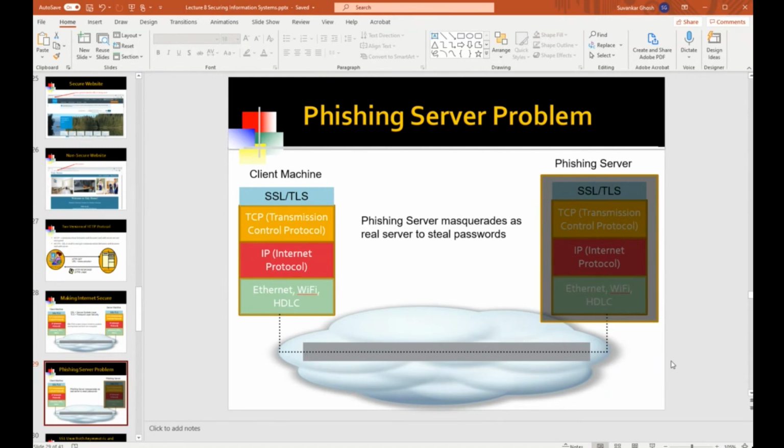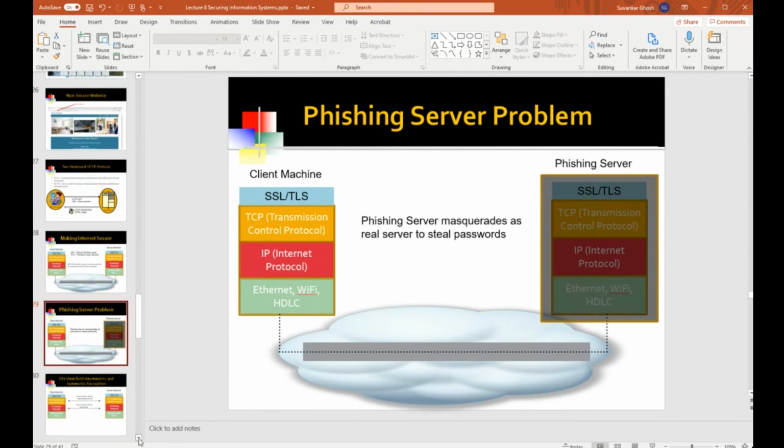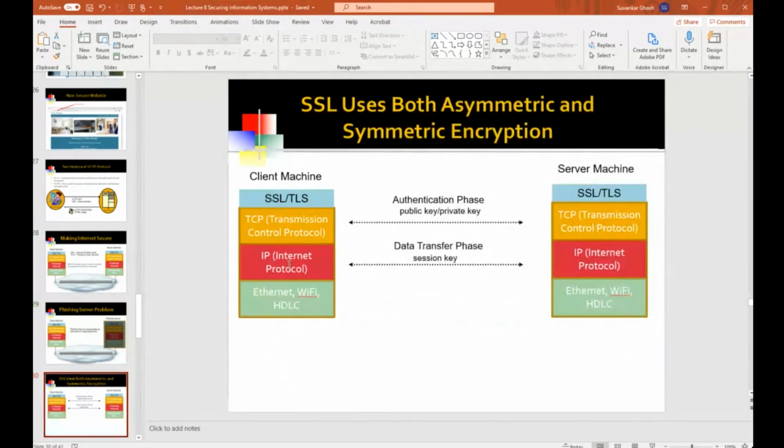Once the client has authenticated the server, then they would send packets and do whatever transaction they were about to do. And all of those packets will be encrypted using the session key. So there's actually a two-phase process that takes place here. One is the authentication phase, where the client is making sure that they are talking with the genuine web server for their financial services firm.